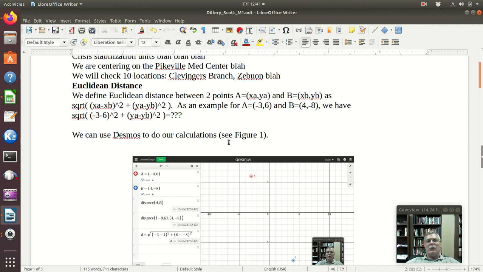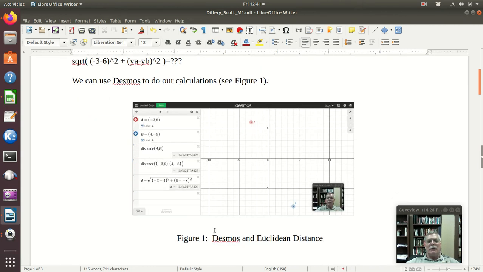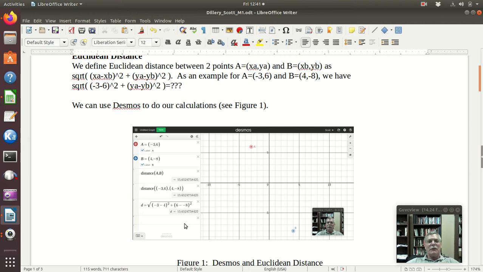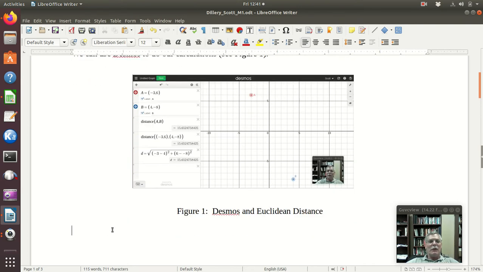And you know how you pointed out and so forth, that's fine. But we can use Desmos to do our calculations, see Figure 1. And there you go. Okay, so you got it. Now you come down here, so you include the figure that way.